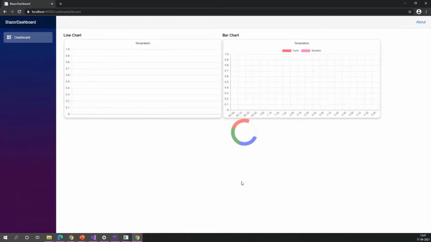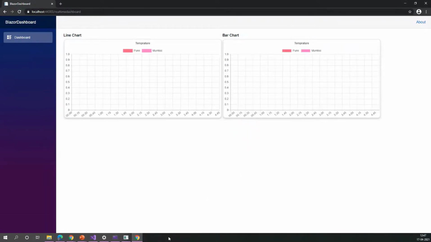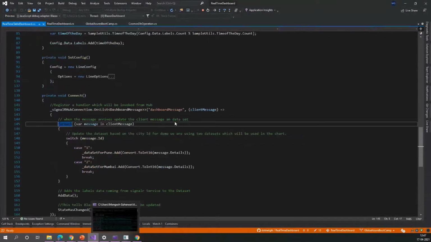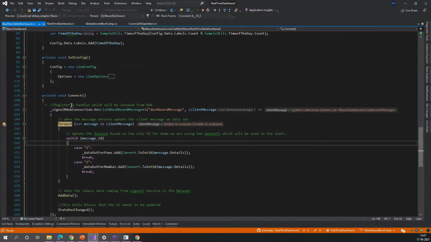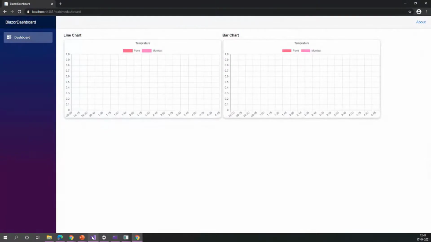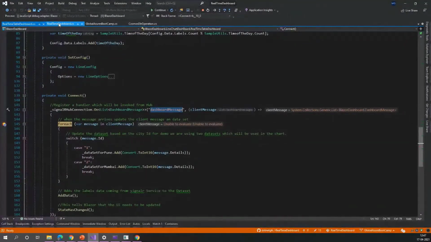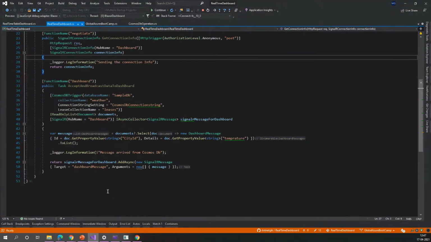It is loading initially, so it will load. Whenever data is added, this function will be called from the server. This is the function which we have added. So this is the target, the method name which is present on the client side.